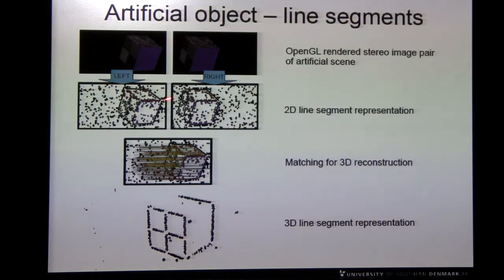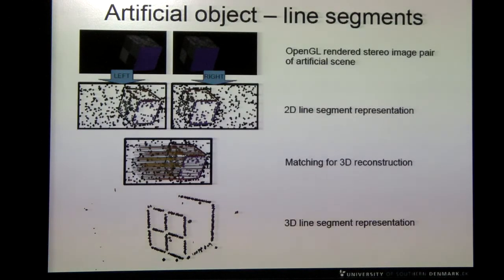See if we can find the matching feature, and you see we don't change the viewpoint too much between the two cameras, to not make it too difficult to do this matching. And these lines indicate from the left image where we found the best match in the right image. So they are all horizontal according to the epipolar line. Doing the reconstruction, we get these